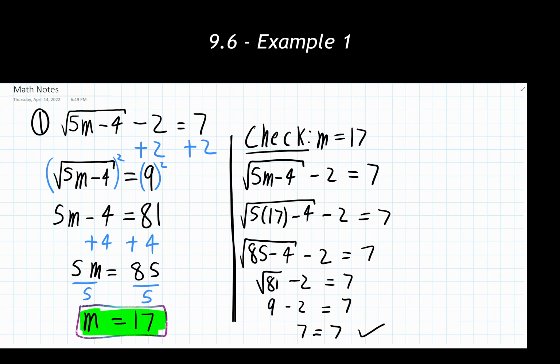It should be noted that when you are doing the check process over here, we should absolutely never be adding or subtracting or multiplying or dividing something to both sides of this equation. I'm just looking at the left side all by itself and simplifying using PEMDAS, and then I'm just looking at the right side all by itself and simplifying using PEMDAS.